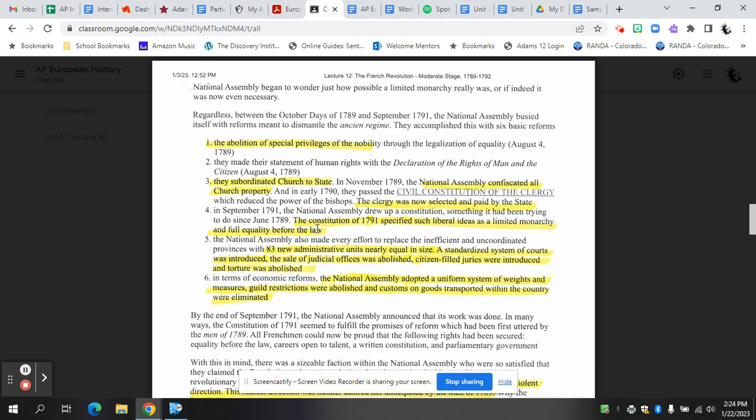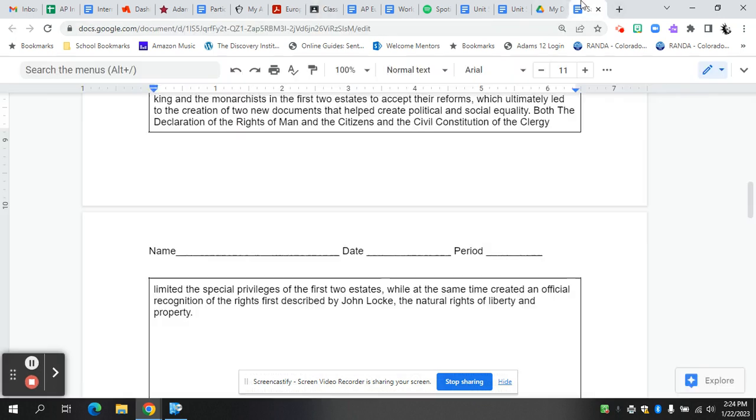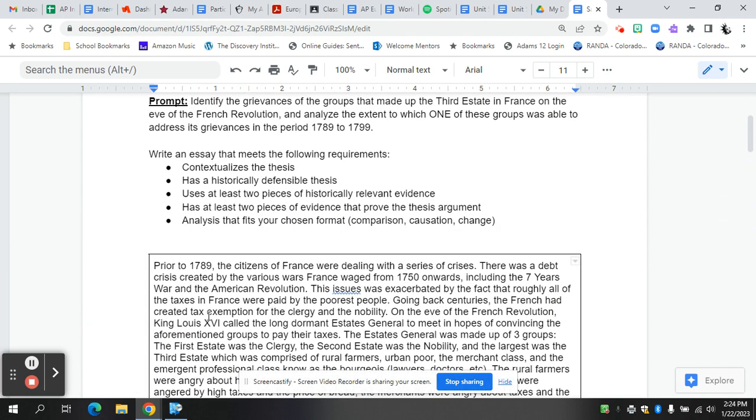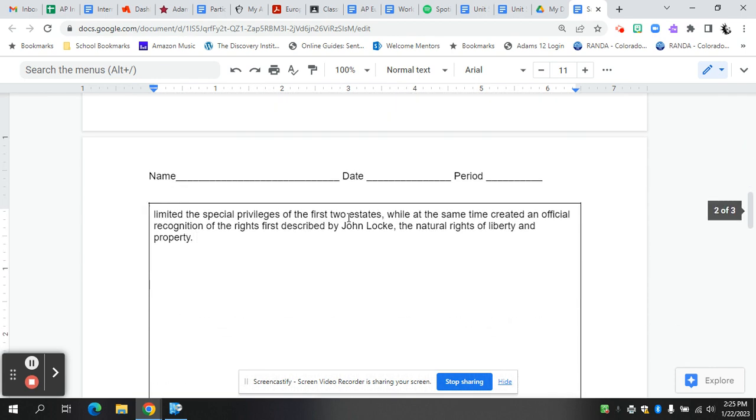I've even got some of this, like the Constitution of 1791 specified such liberal ideas as limited monarchy and full equality before the law, right? I've got those rights of Locke that I've infused in there as well. I've got all that. Now, is there actually lasting change? That's the last part of my prompt that I need to actually consider, analyze the extent to which, right? Was this lasting reform? I'm going to have to go ahead and say, from a historical analysis standpoint, yeah,